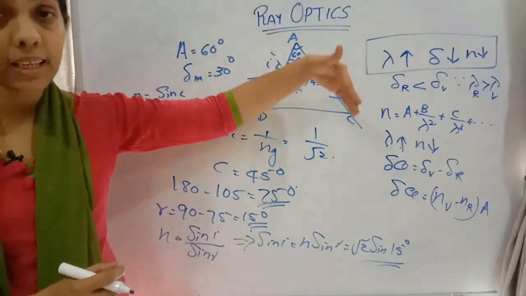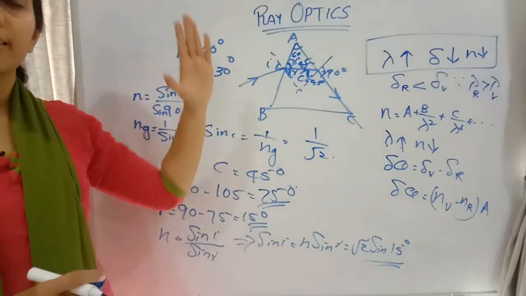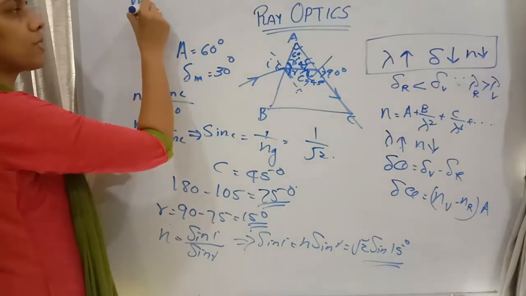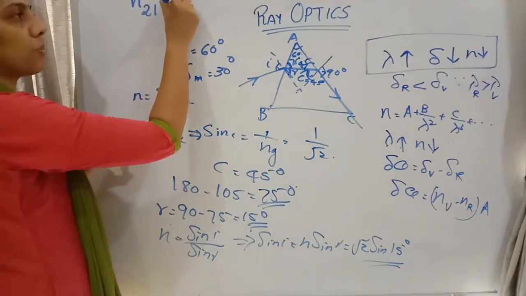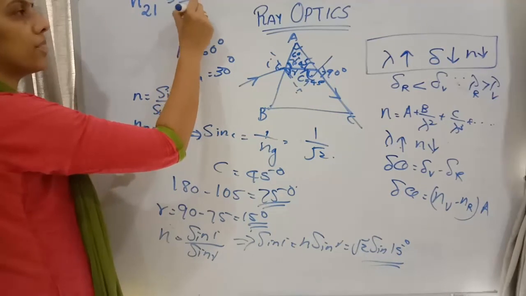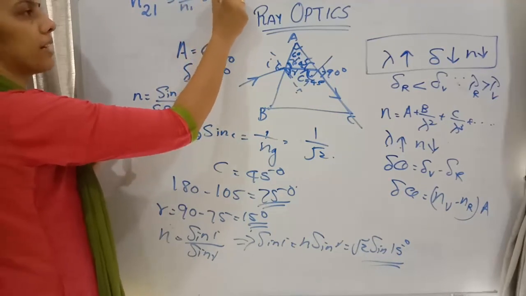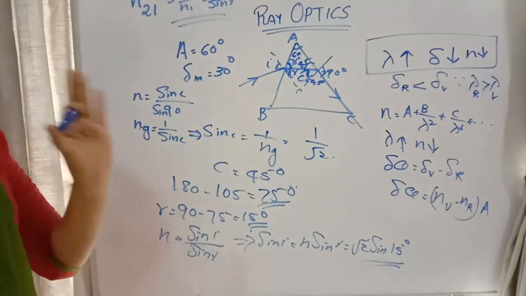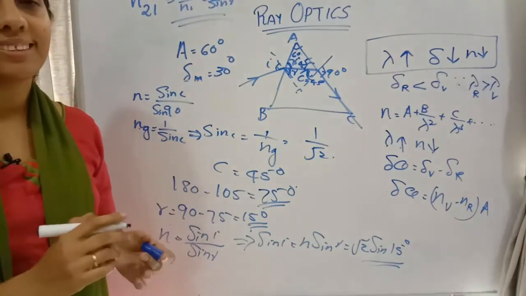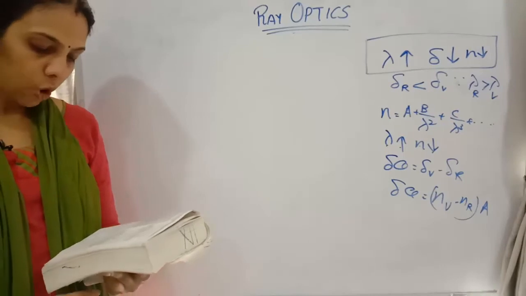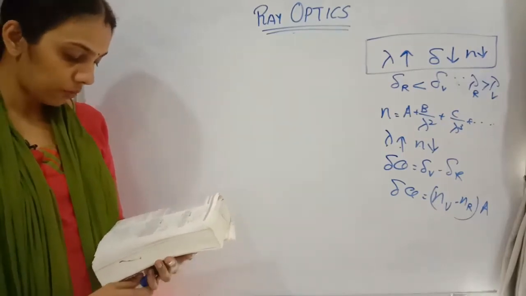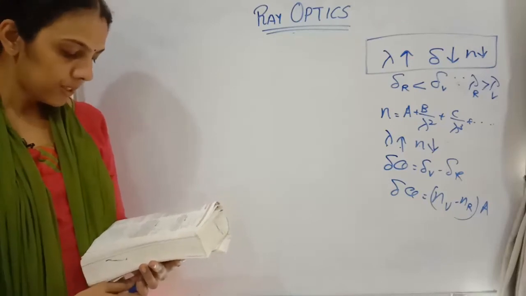Refractive index of second medium with respect to first medium. In this kind of question, all of you please keep that in mind. Refractive index of second medium with respect to first medium, that is n2 by n1 is equal to sin i by sin r. Which is the first medium, which is the second medium, that one should always be kept in mind. Clear? Now the next question is, a combination of two prisms, one of flint and the other of crown glass, produces